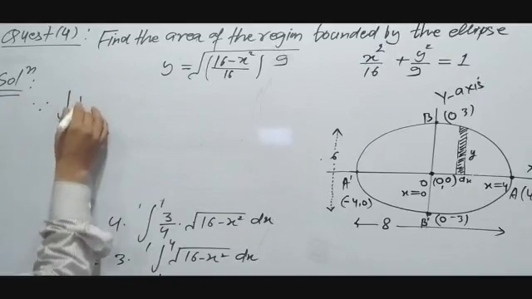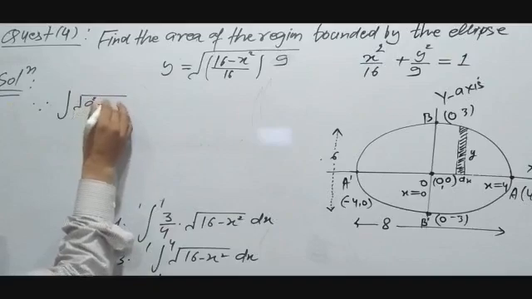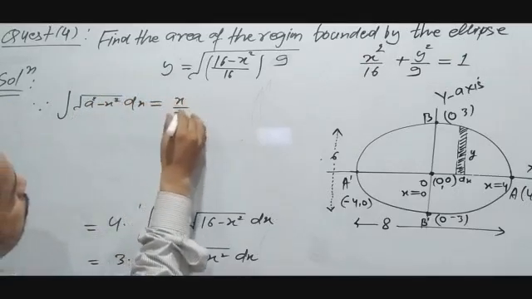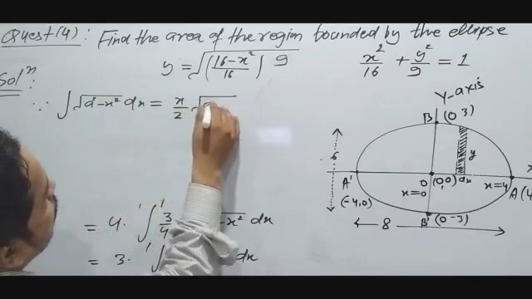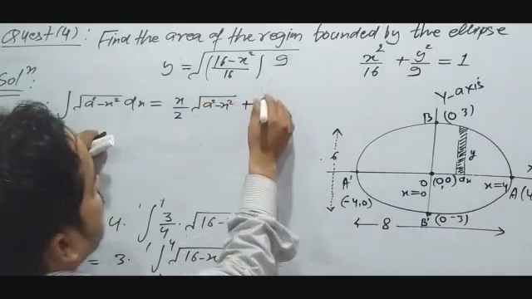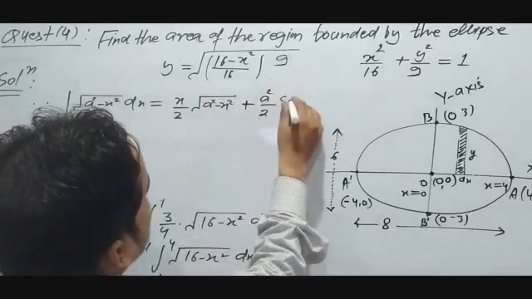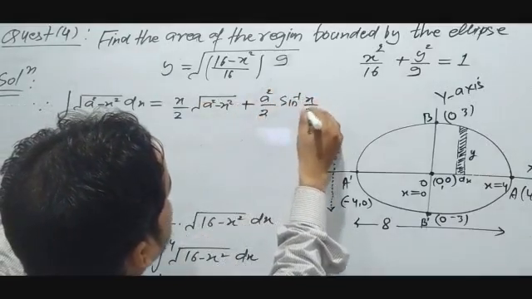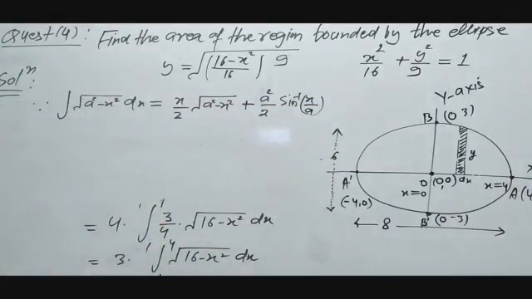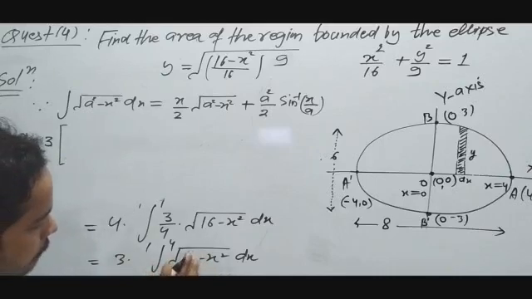of integration over root over a square minus x square dx, we can write x by 2 root over a square minus x square plus a square by 2 sine inverse x by a. This is the formula. Now you can use it here. So 3 times its result will be the integration result. This is 16, we can write 4 square,